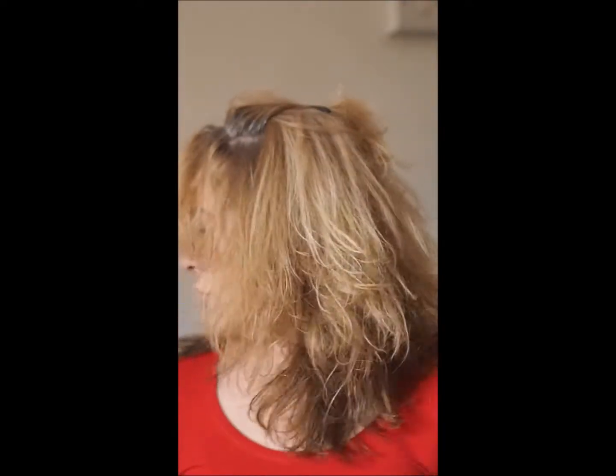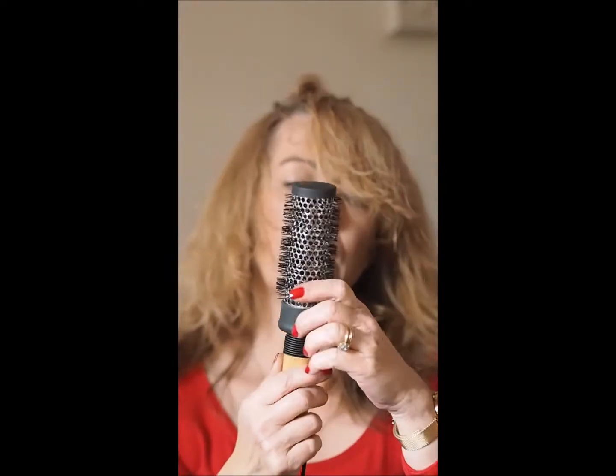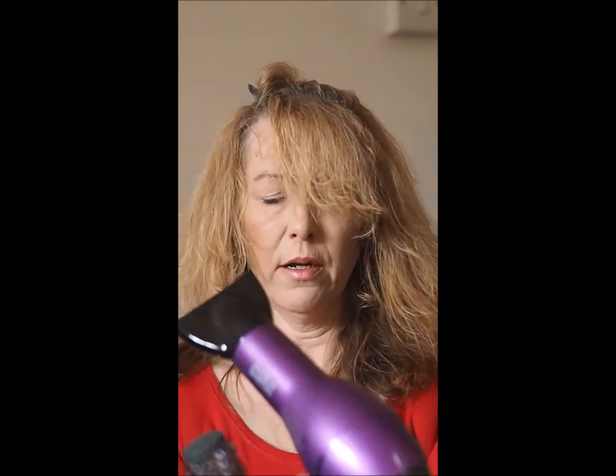Just for the fringe. I use one of these round bristle brushes. It's quite large. Does my fringe perfect actually. These little bristles, they grab the hair nicely. You get a nice